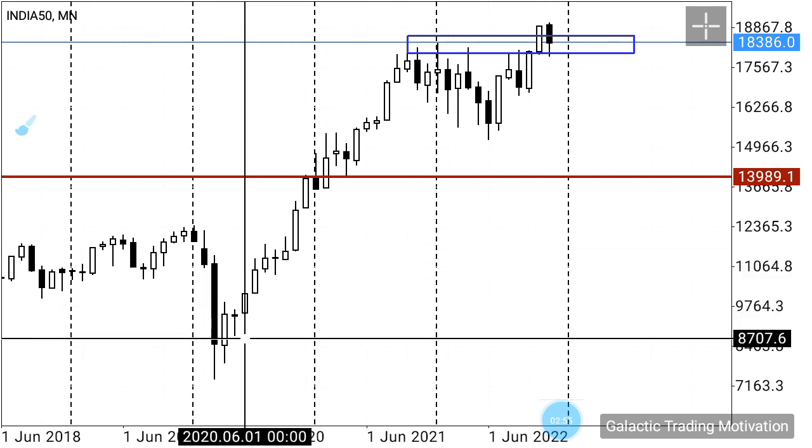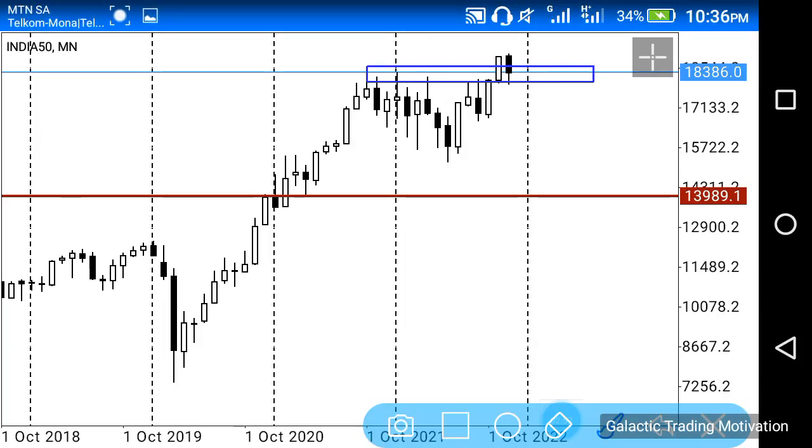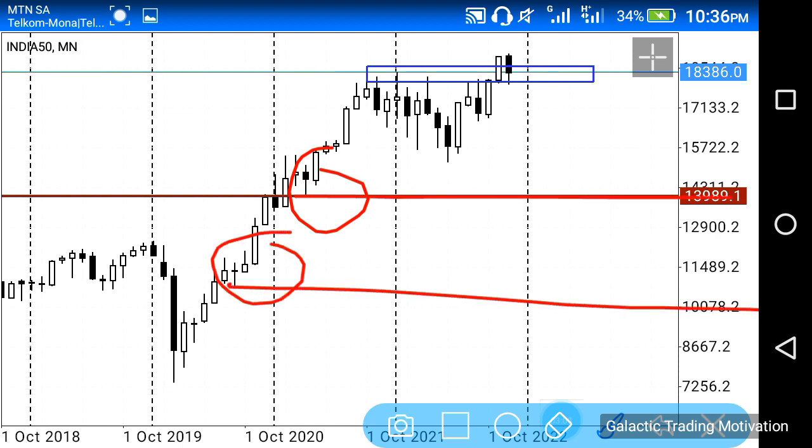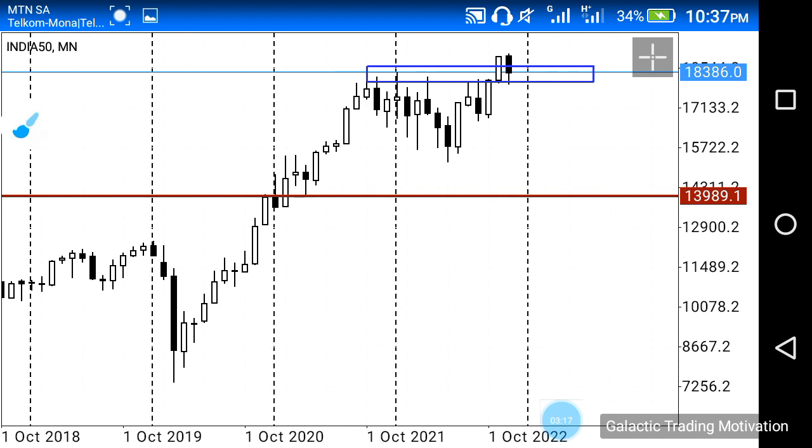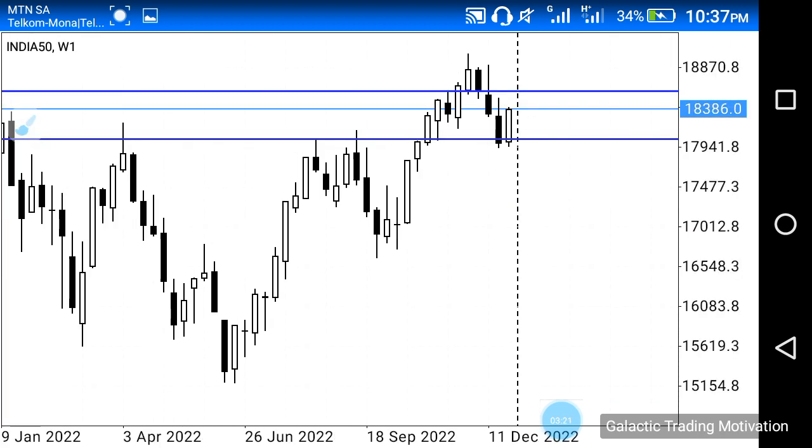So what this tells us is that in the future we will indeed see price pushing further down, first to this level to grab the liquidity, then to this level to grab that liquidity, and then again to this level to grab that liquidity as well, right? However, it may take price, or rather the market, some years to head down to all of these price levels, right? Anyway, from here, as I said, I'm just going to move down to the weekly chart,